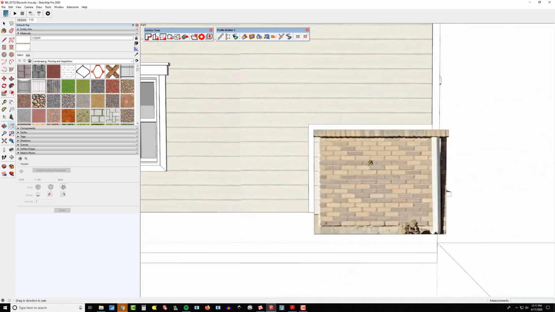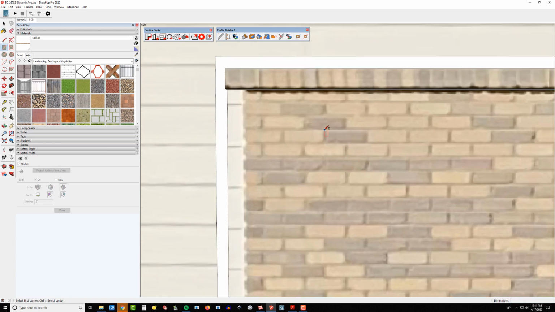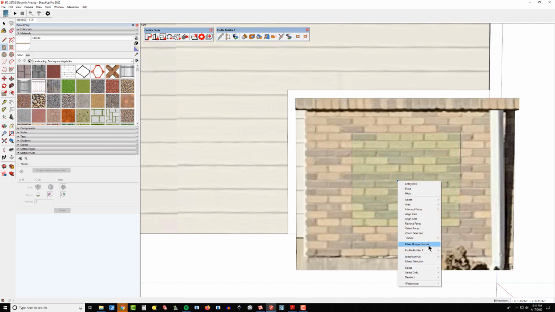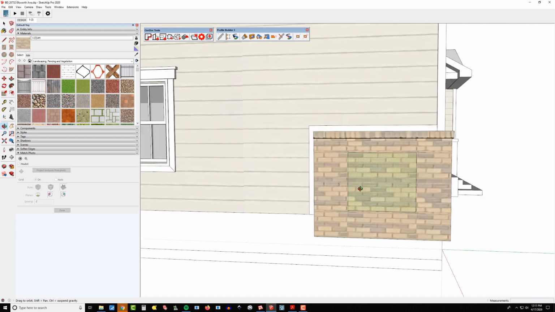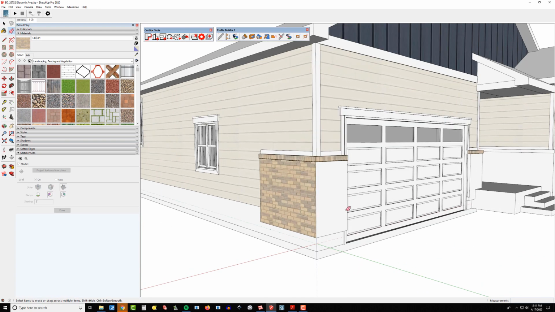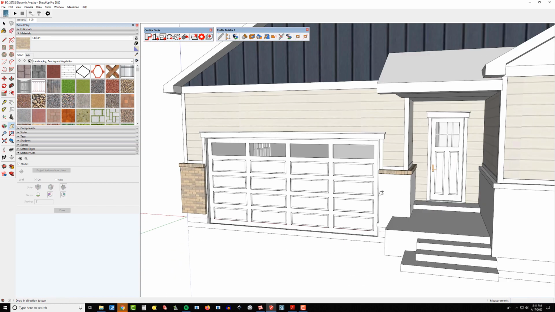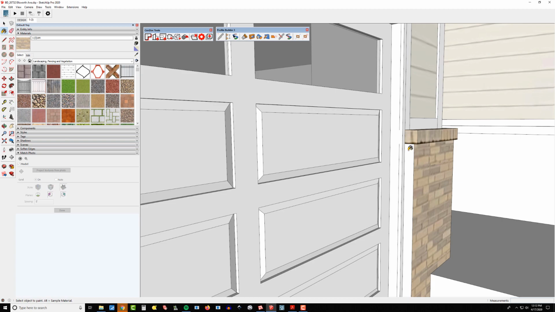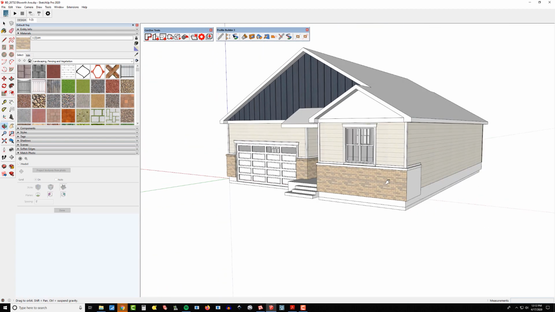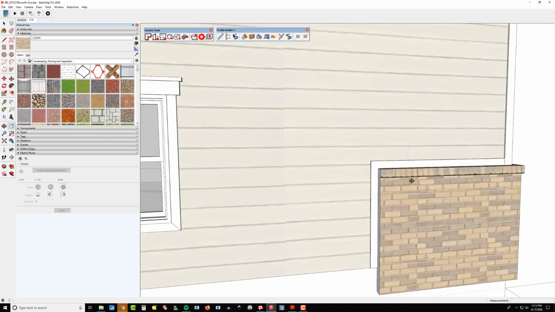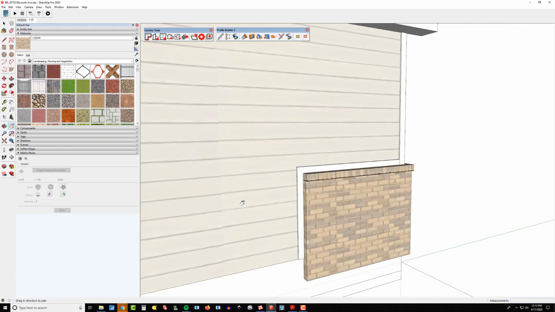All right, and then we'll do the same thing over here where we just grab a chunk of brick. I call this a geo model versus what we're getting it to, which is a render ready model. All right, so make unique texture and like that, taking that chunk of brick, and this would certainly render well. It would look good, but I just want to show you this technique, and then we'll probably take a stab at getting this thing all done up with really nice textures, because this is a rendering project. All right, so we'll just keep going on these guys